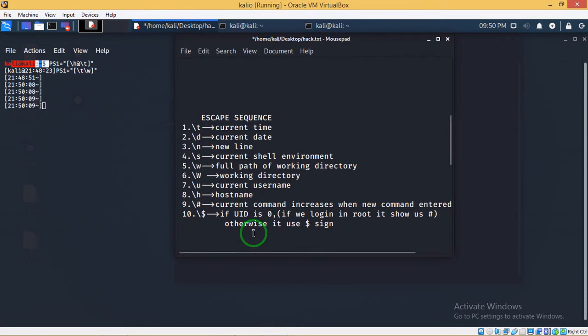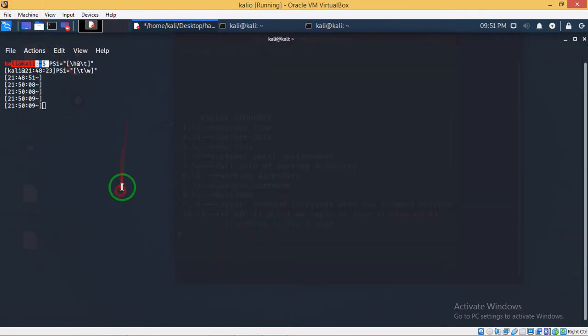Next, I'll show you the second part, the ps2 variable, and how to use it. The same thing: go to the console and type ps2 equal to, and I'm giving some string value as ASD.